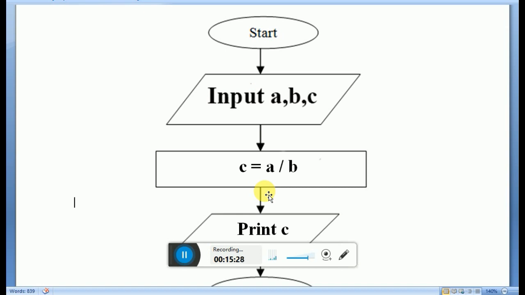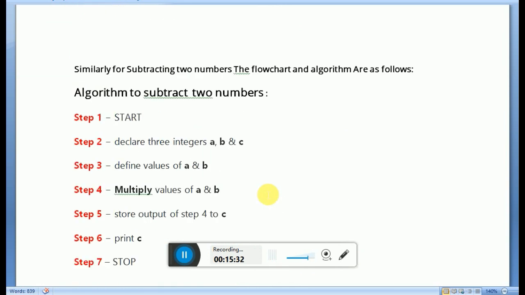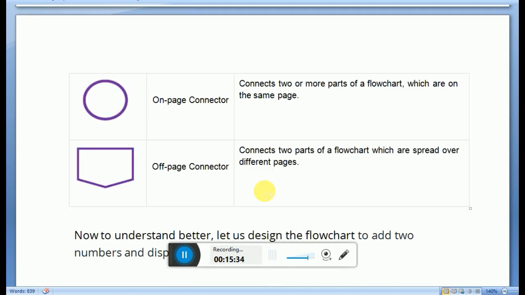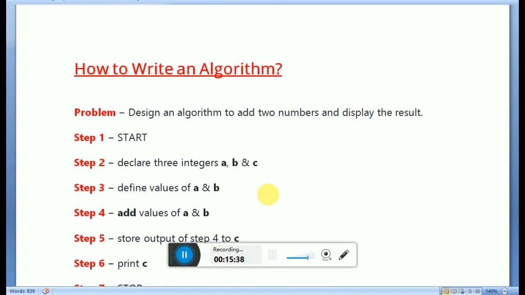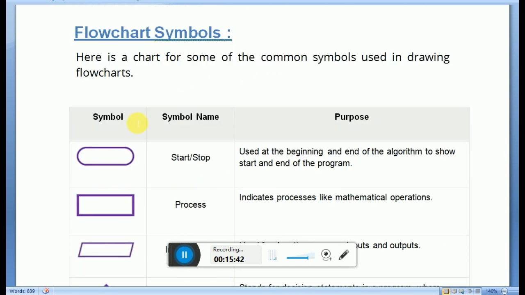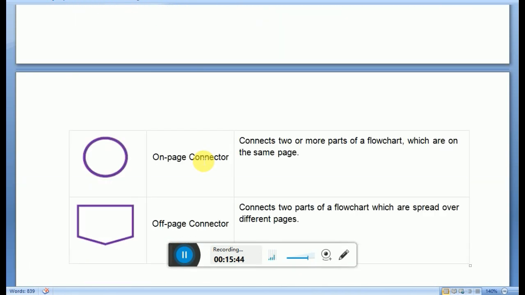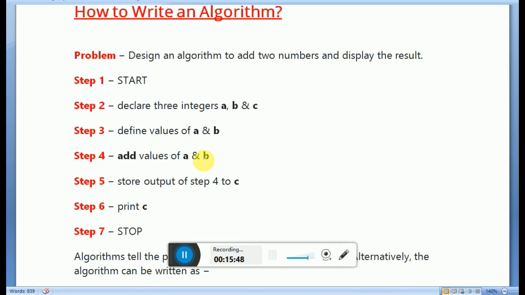So dear students, this topic is very important. Okay, so what I have taught you today, just note down. Today I have taught you algorithm and flowchart, then the symbols of flowchart and how to design a flowchart. This always comes in the exam, students. So note down my notes, what I have taught you here.